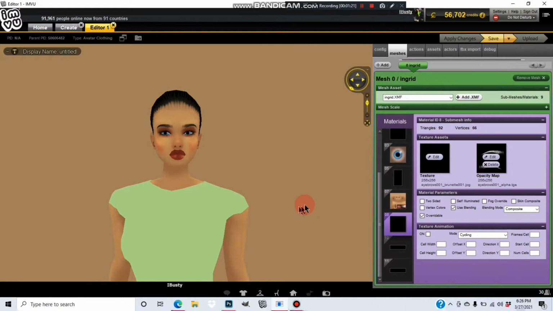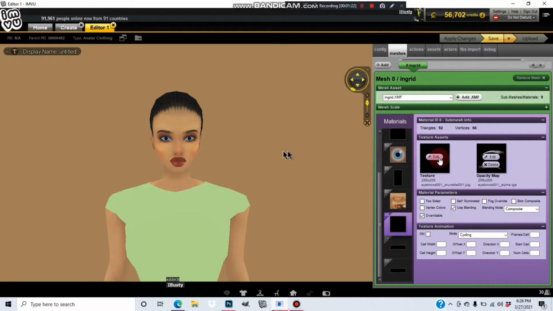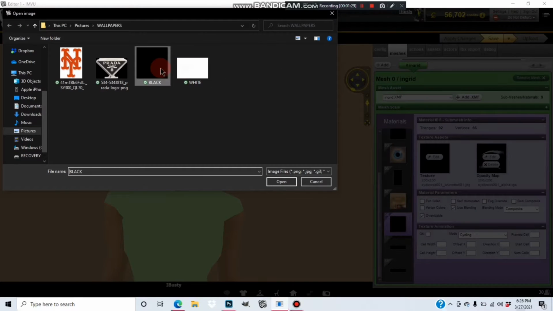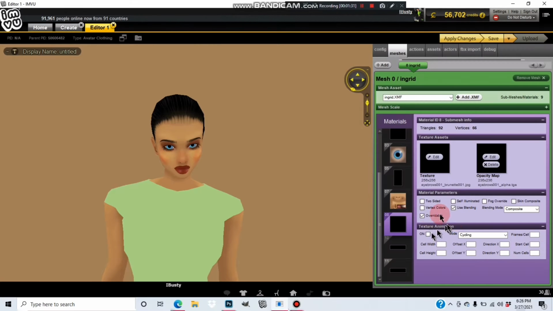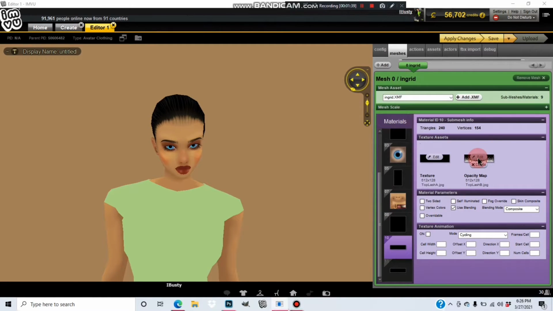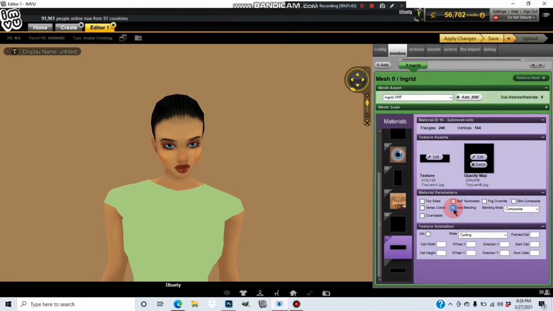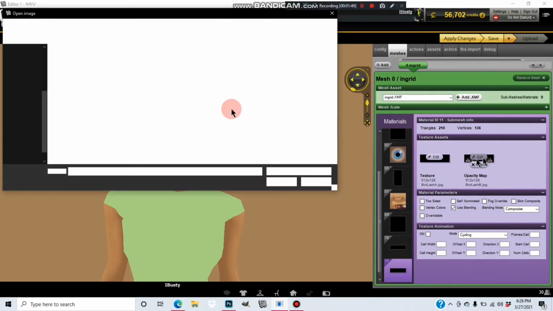What you're going to want to do is go to the eyebrows and lashes, and right here on the right one, you're going to want to put a black wallpaper to get rid of it. And make sure you have the use blending off and the overrideable on. You'll want to do that to all 3. Black wallpaper, take off blending, override. Black wallpaper,